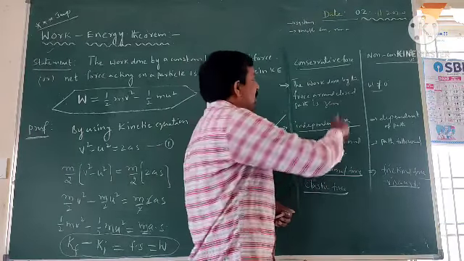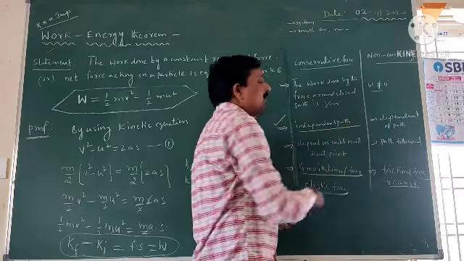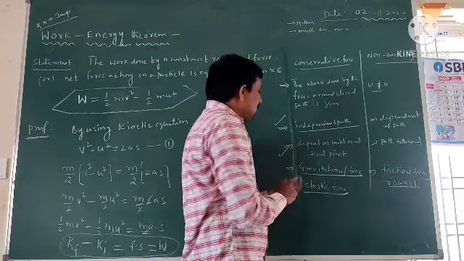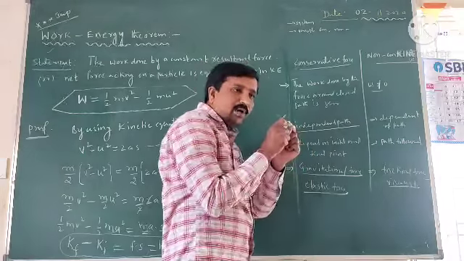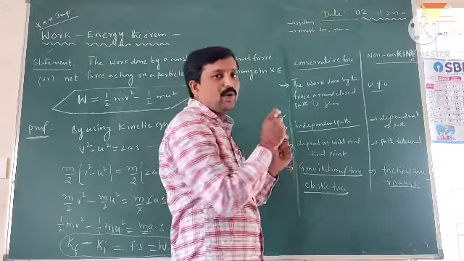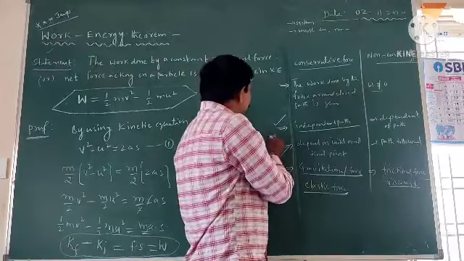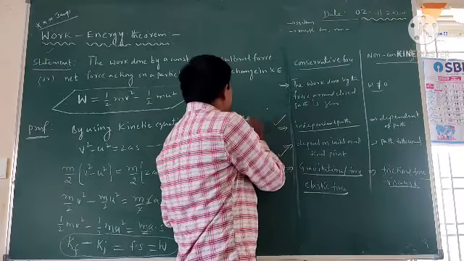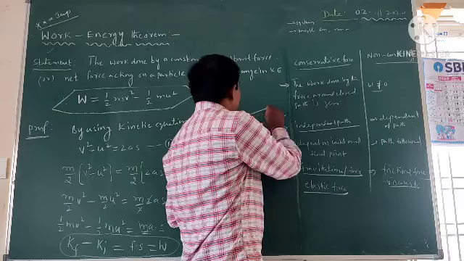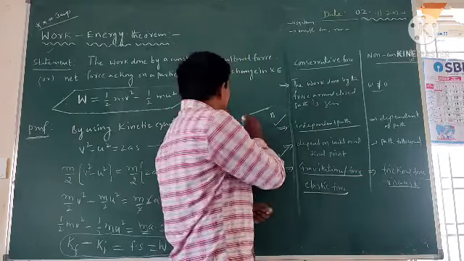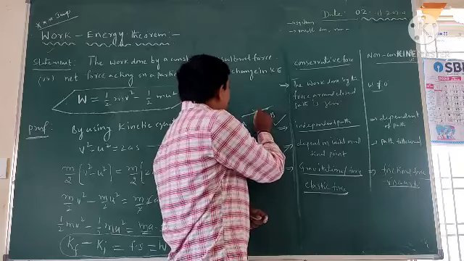Conservative forces depend only on the initial point and final point. If a particle moves from one point to another point, the conservative force depends on those two points. But non-conservative forces do not depend on the initial and final point; they depend only on the path of the